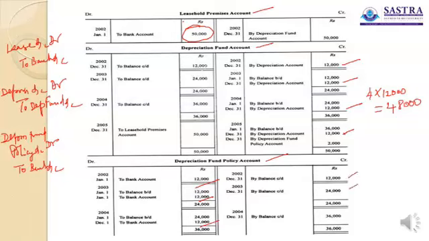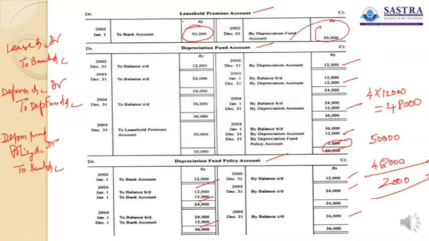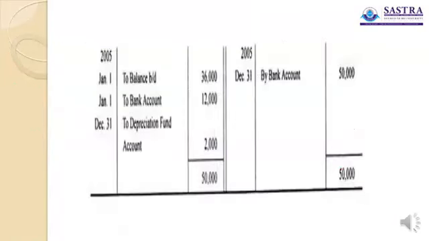The balance is accumulated up to 36,000, and at the end of the fourth year, the difference between the depreciation fund and the depreciation fund policy arrives as 2,000, because the fund account is created at 40,000 and the policy paid is 48,000, that is, 4 into 12,000. So that difference is 2,000 rupees. Let us see the next, the depreciation fund account, which has been transferred at the end so as to know the balance. This is the last year, 36,000, and the bank account for the policy and the difference of the depreciation fund account.